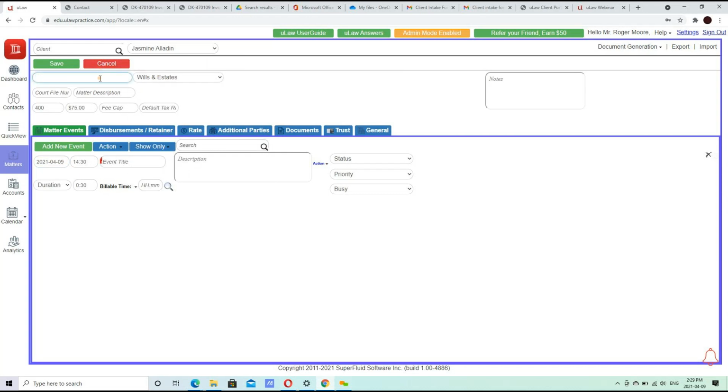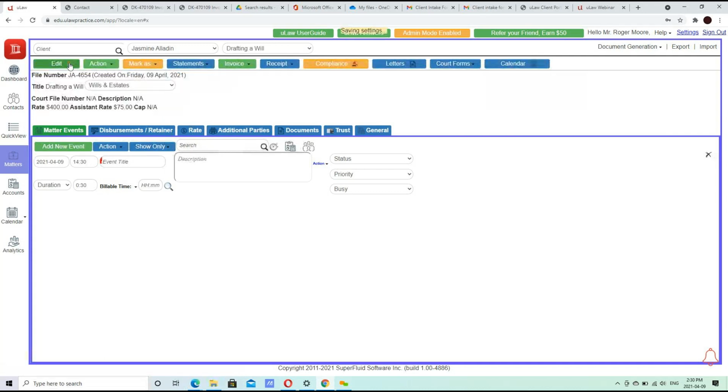And you could say, okay. And once you save, uLaw creates our own Law Society compliant unique file number, which pretty much becomes the reference point for all of the information that you want to retrieve for this specific client's matter, regarding this particular draft of a will. And now you can go about however you choose to execute this file,